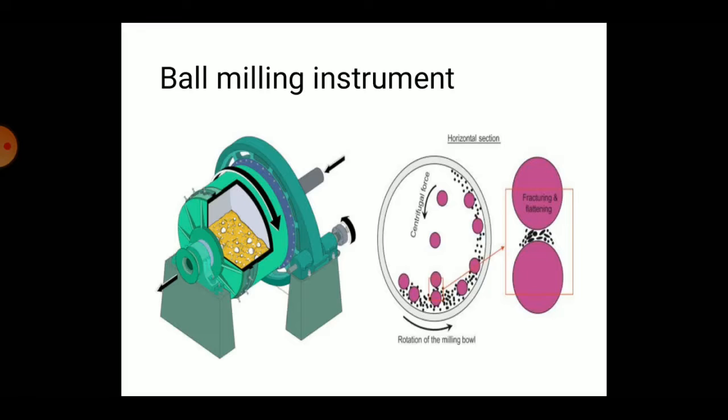Here you can see the ball milling instrument. The green color one, that diagram is about the ball milling instrument. Inside you can see a slurry which is then rotated. Inside it will have your alumina balls or stainless steel balls. So the next diagram, that is the horizontal section, there you can see the pink color balls. They are the alumina balls or stainless steel balls, and the other dotted structure that you can see there will be your slurry. So what will happen, due to the continuous motion, due to the impact of these, the bulkier particles will be broken down into nanoscale size particles. So from this you can obtain your nanoscale particles, or synthesis of nanoparticles is achieved.